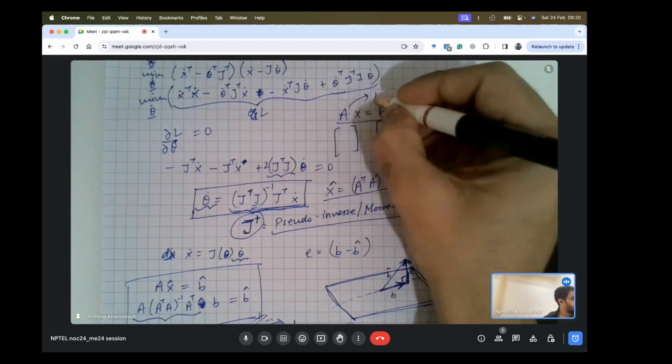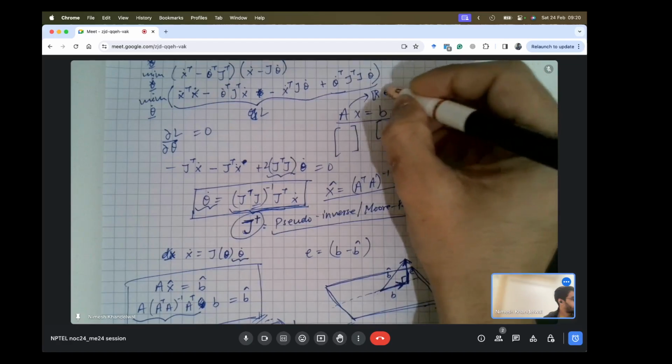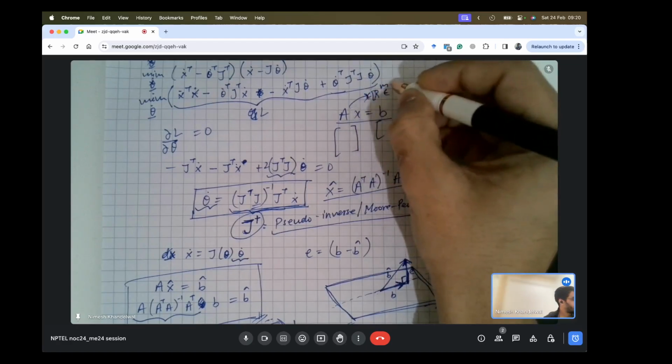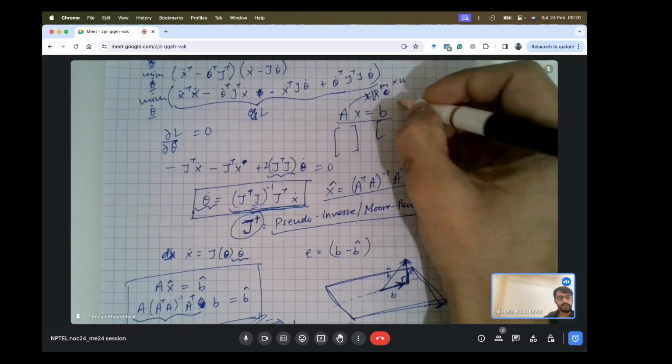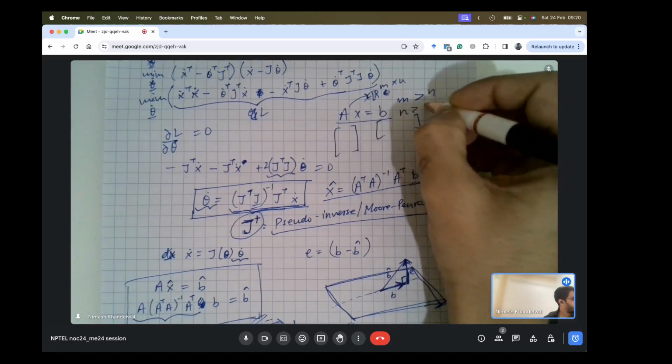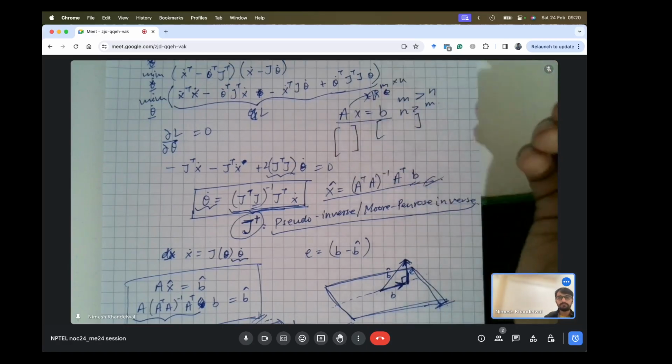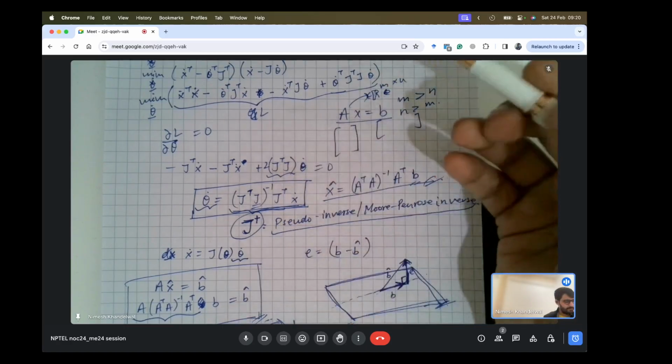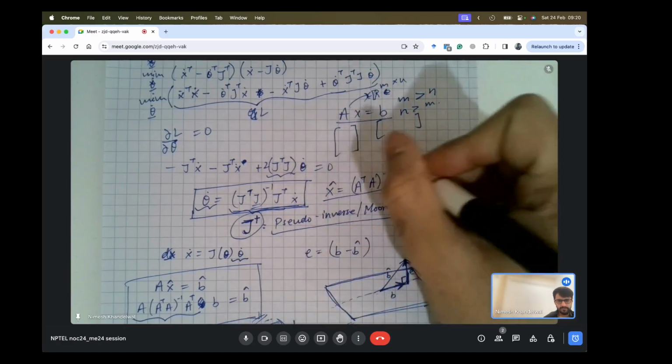So like if you say that it belongs to m cross n, either when m is greater than n or when n is greater than m. Okay, so both these cases have different expressions for the pseudo inverse,